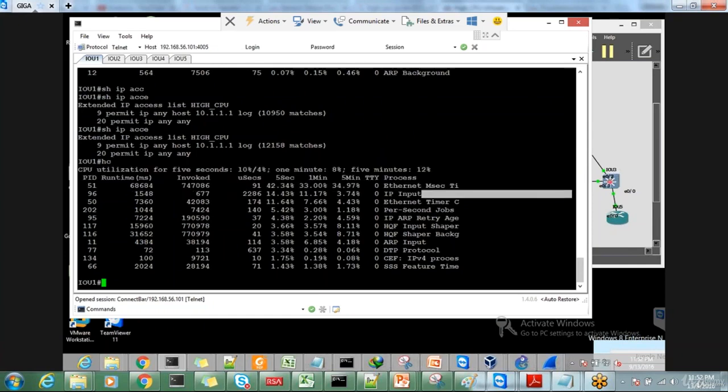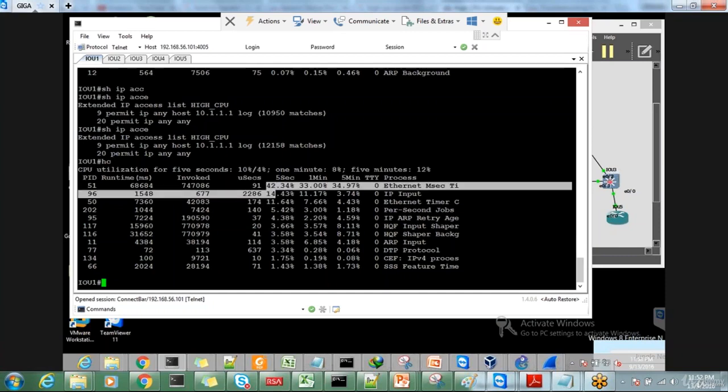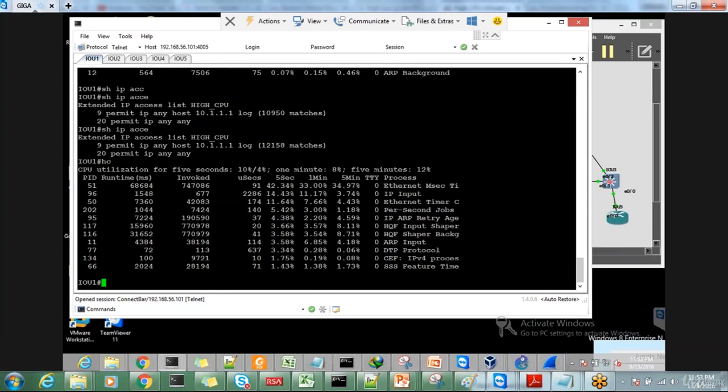functions that you will find: Ethernet, MACsec or maybe MSec, TI and IP input. You can see 42% and 14%. If you add more, it will grow up to 50% or 55%, like that. So you can simulate this here. Let me pause the recording, and if you have any